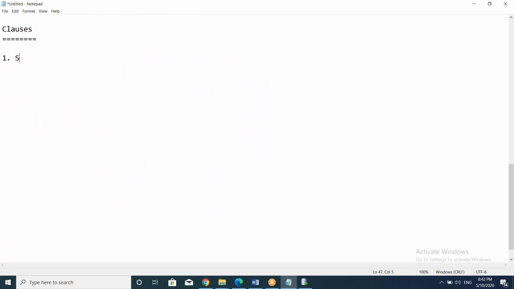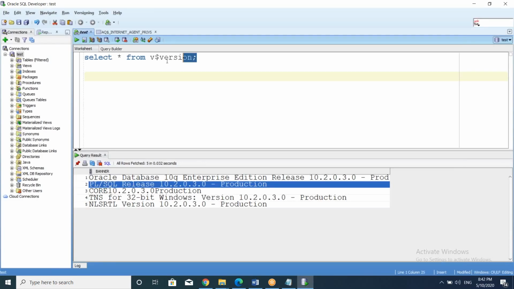The first clause is select. Here I have written one SQL query. This is just like an English sentence. Select: we are selecting. From where are we selecting? This is a table. What are we selecting? Star means all columns. So just like an English sentence, select all things from one table. In this way you have to form it, and at the end you have to give this semicolon. Whenever you are executing, select this line and press Control Enter. Otherwise, there is a green play button here, you can click it so that it will execute.